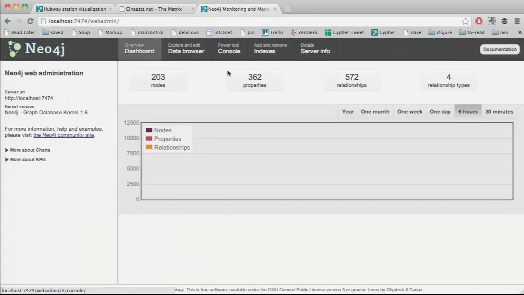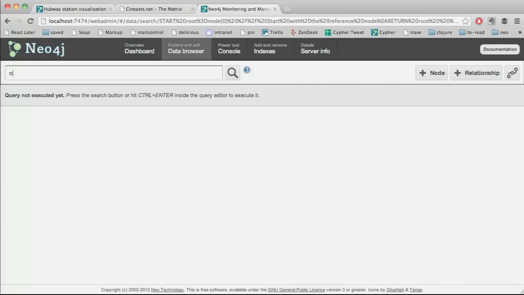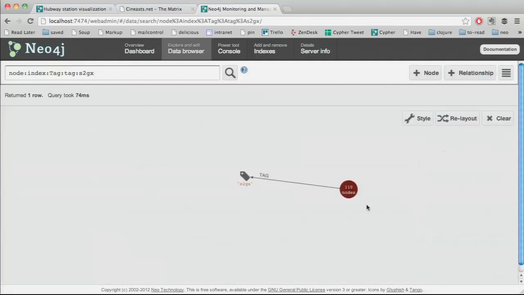So the server is running right now, the Neo4j server, in which the tweets are inserted, and so far since I started this, we have 200 tweets with S2GX in there, and we can use the data browser, for instance, to find one of the tags, which might be S2GX. So we find the tag, and then we can actually visualize that.